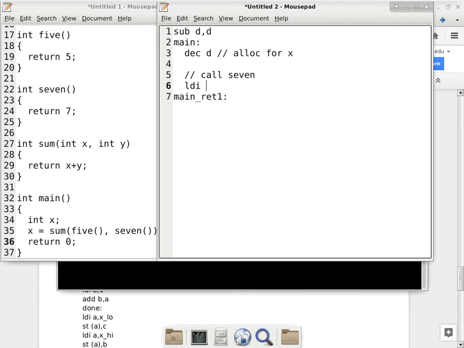So to do this part, we can use register A at this point. Register A has no particular meaning at this point. So we'll just load immediate A with main ret1. And then we need to allocate 1 byte on the stack as the return address. And then we have to store register A to this location. So that would push the return address main underscore ret1 on the stack. So now that the subroutine knows where to continue execution, we can just go ahead and do a branch jump immediate